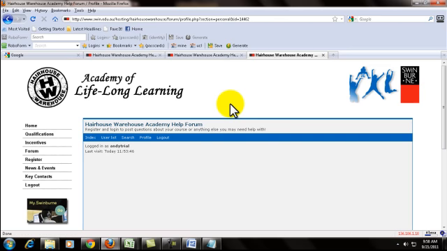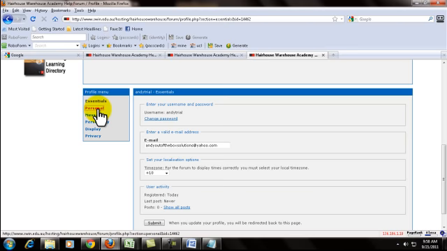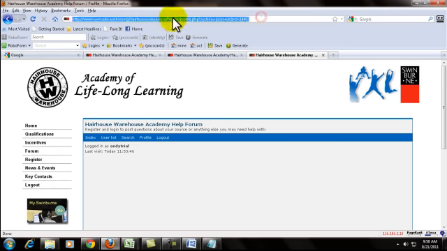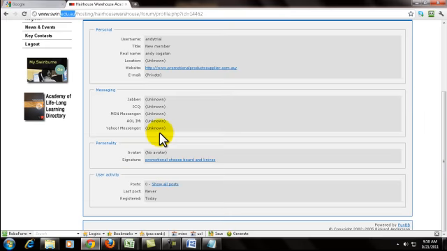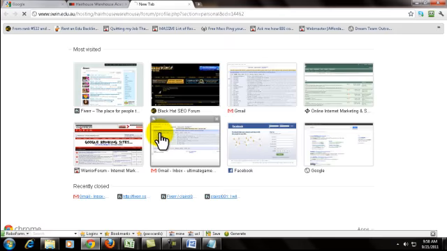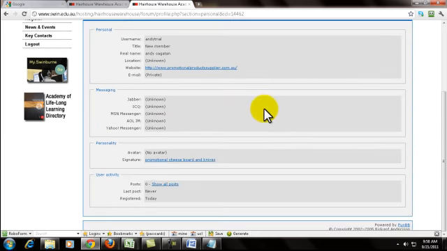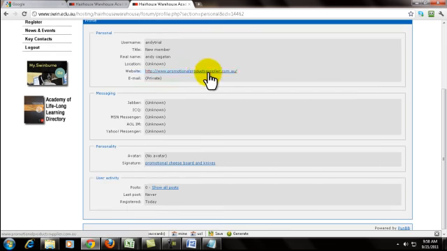In order to see the public URL, you will just have to copy this here, go to the personal or personality page, then copy the URL, then paste it into a different browser. For this example, I will use Google Chrome, and it will display the public URL. You are not logged in, but it displays the link.